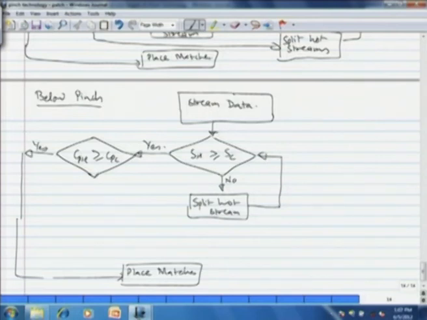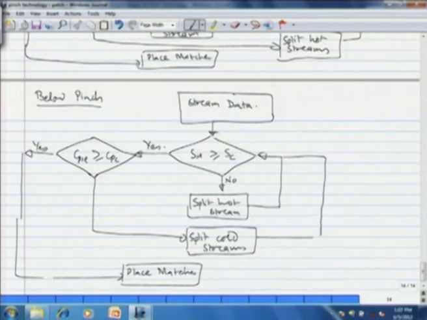Now let us say after splitting of hot streams, the stream population criteria is satisfied, but the CP inequality criteria is not satisfied, then you have to go and split the cold streams. And then once again you have to check the stream population criteria and then the CP inequality criteria and go and place the matches. These are the two flow sheets which summarize the pinch technology algorithm that we have seen